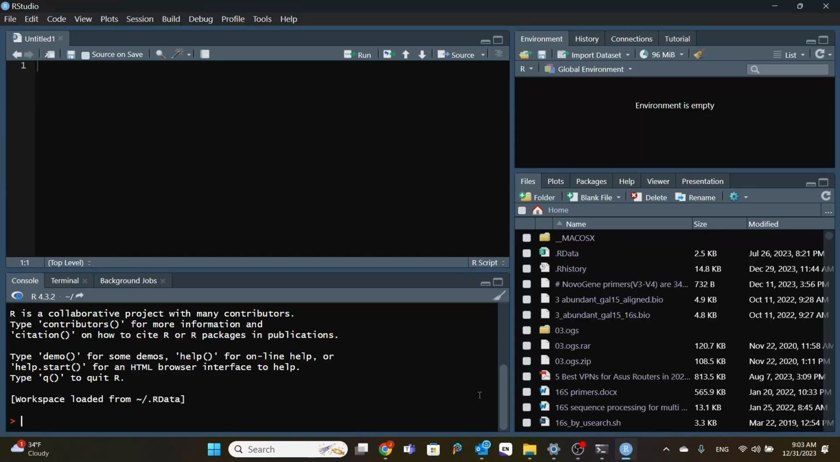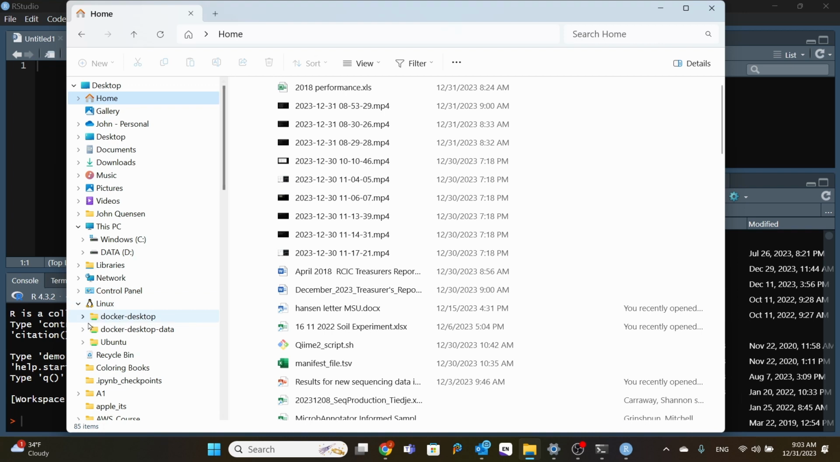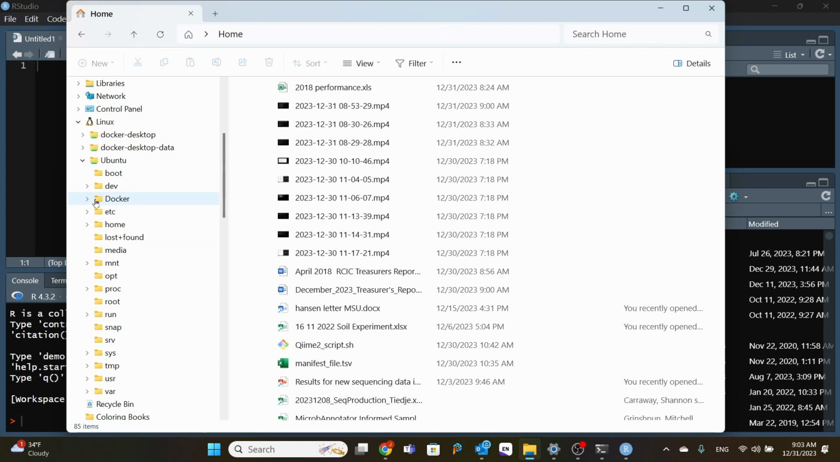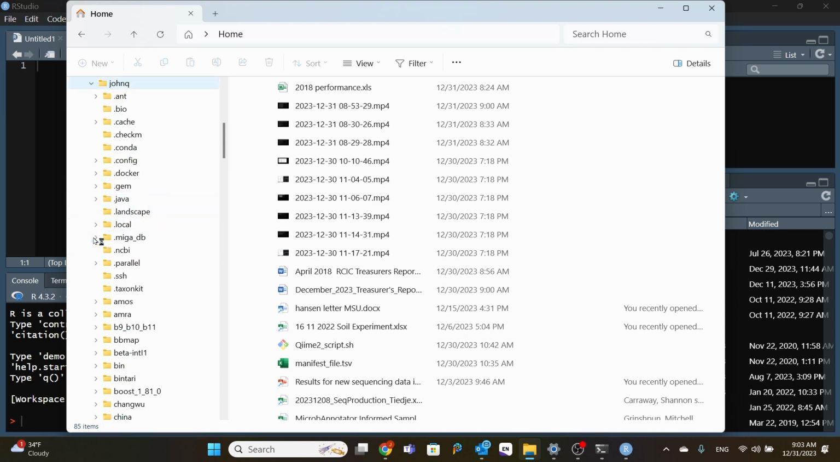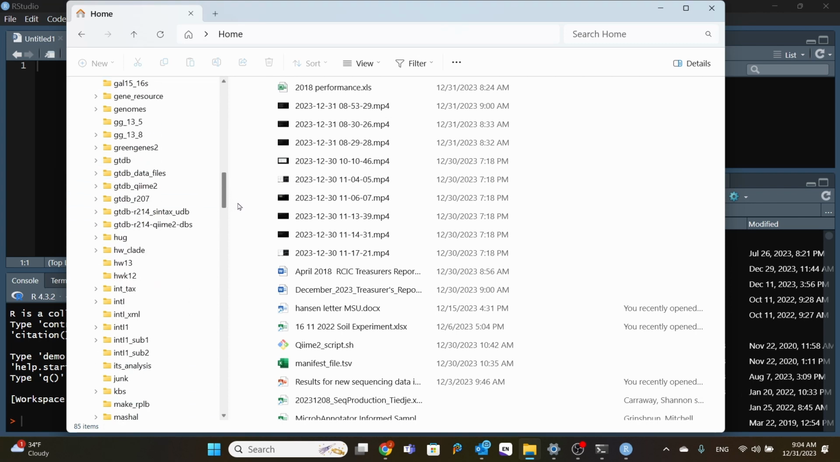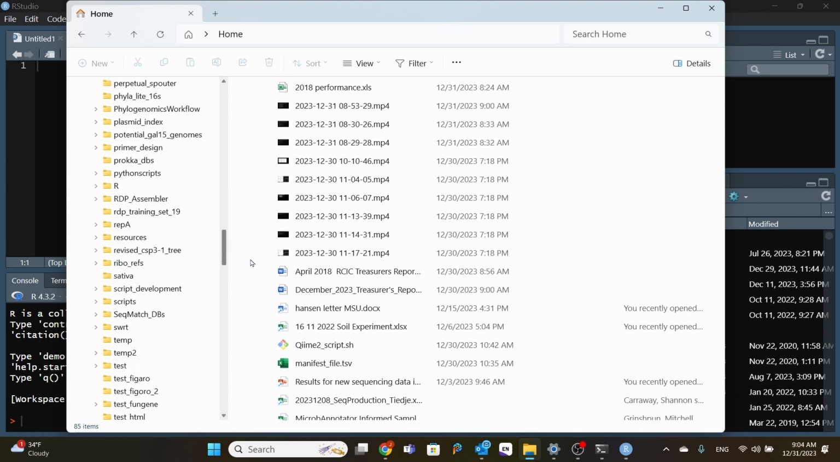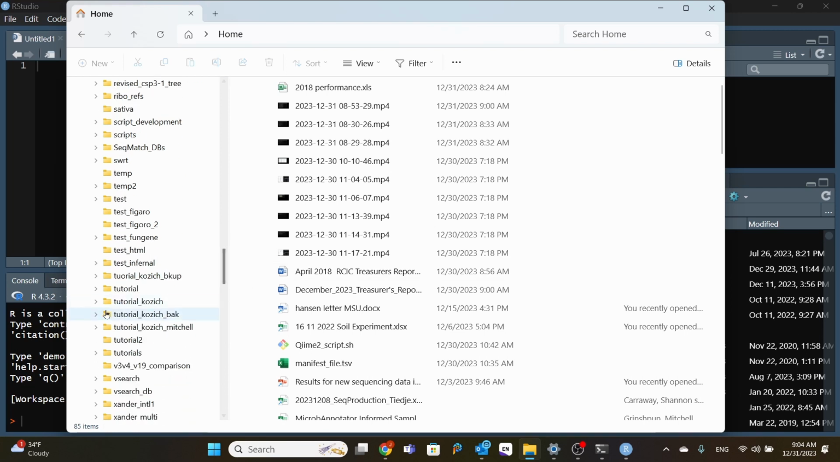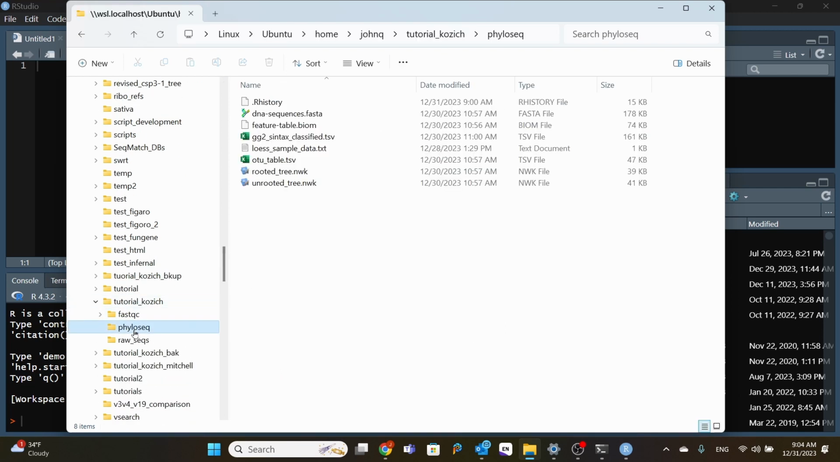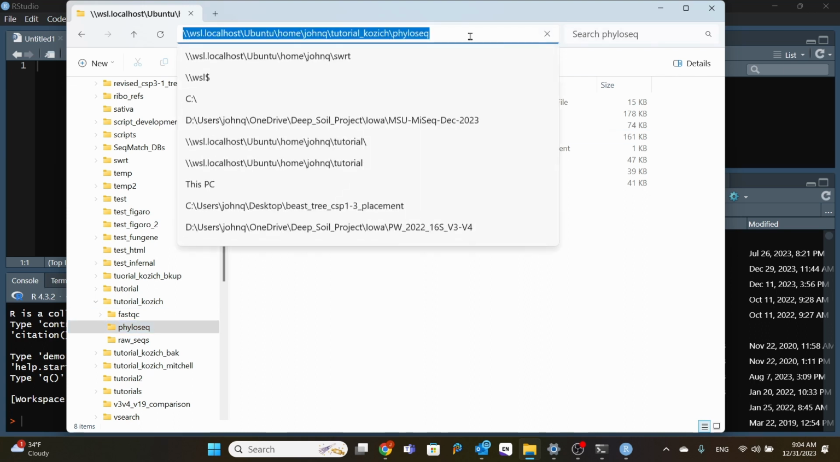So here we are in RStudio. We have to go to that phyloseq folder. So the easiest way to do that is to first find it in the file manager. So here we are in Linux, Ubuntu, home, your ID, and then tutorial COSIX, phyloseq. So we can copy this,